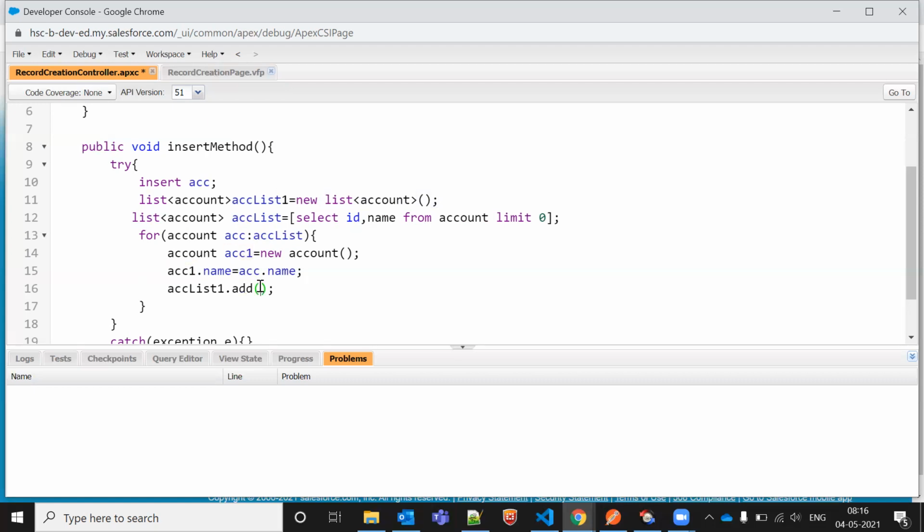So why I'm doing these things, I could do one thing here. Let's say I have 100 records. Let's make it 100 for understanding purpose. 100 records we are making here. So one record is coming. Once my first record comes, that time my new account will be inserted. What is my mandatory name, that needs to be filled. So whatever acc name you are getting, acc name means acc list's name, first name you are getting, it will store to acc name, so that account will be created with the help of insert